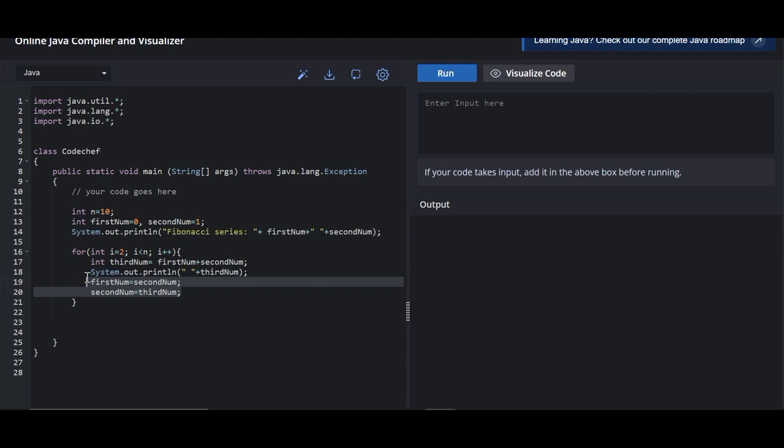We need to, like, first sum the first number and second number. Then after that we will swap those numbers, because each time after iteration the first number and second number will change. So we need to change the index accordingly and that number accordingly. So here, what we are going to do is initialize the first number with the second number and the second number with the third number. So let's try to run.